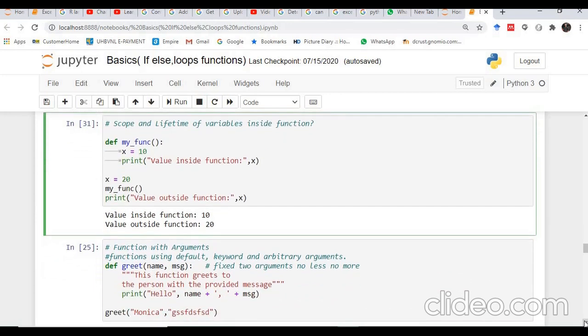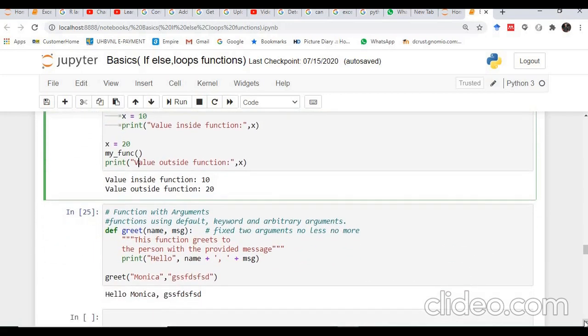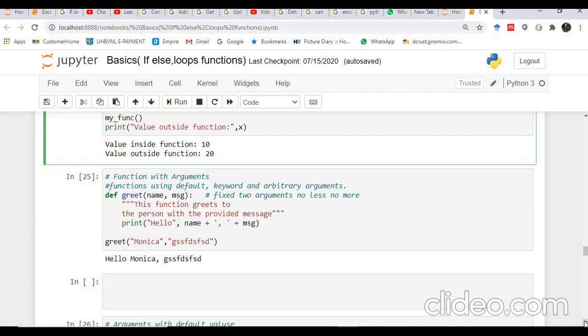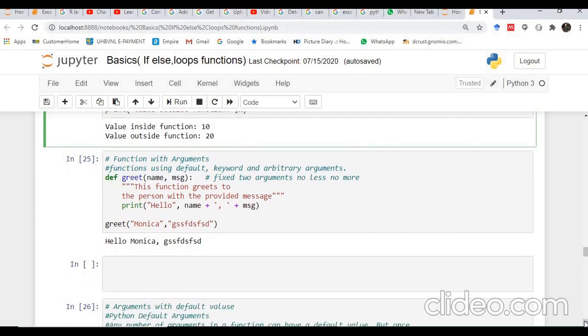Okay, then how we can pass arguments to functions, and how we can make the arguments mandatory or optional, or how we can pass default values to the arguments. Again we are using the same function, greet, but now instead of one parameter, we have two parameters, name and message.